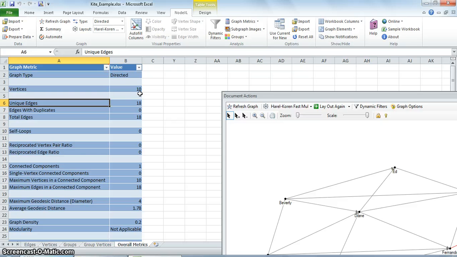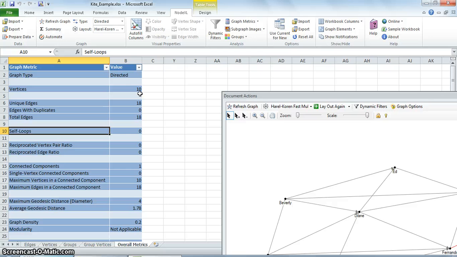This signifies the total number of unique edges in the worksheet. Edges with duplicates are 0 in this case. There are no edges with duplicates. There is a total of 18 edges, which is the same as the unique edges. There is no self loop, as in there is no vertex which is connecting with itself.